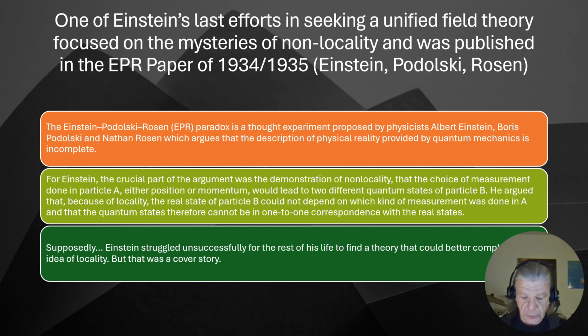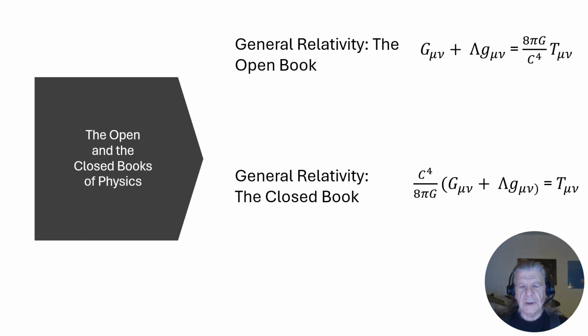This also led to experimental confirmation that Bell's paradox was resolved by proving that nothing is there until you look at it. So this question became key, the question of non-locality. What happened, in my opinion, back then was this. Physics split into an open book and a closed book.